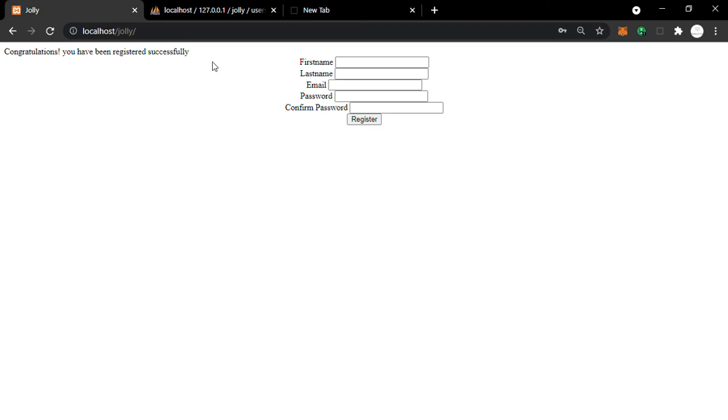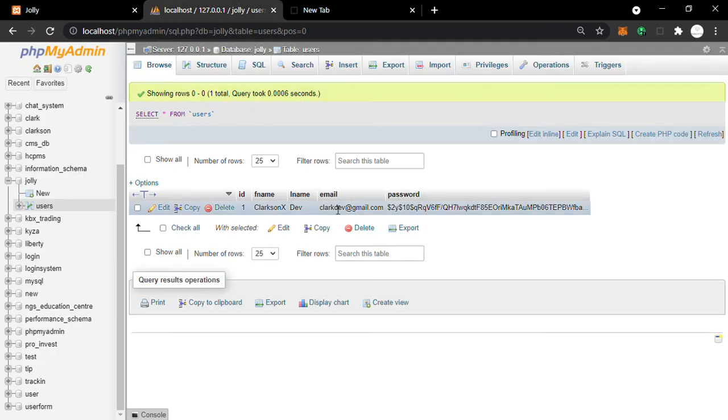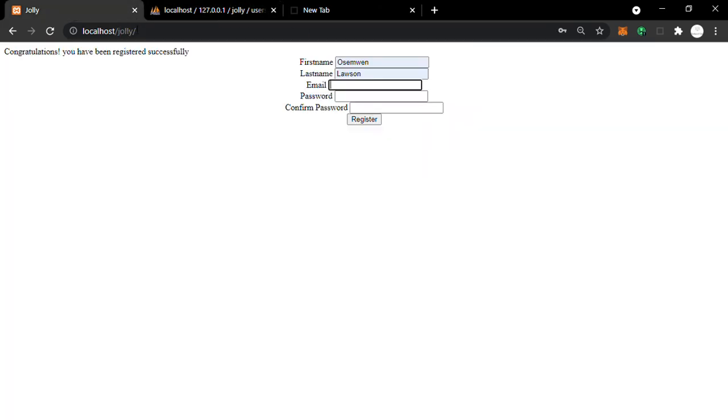Now our application is working perfectly. It sends the data to the database. Now what happens when I try to register that same person again, as per what we did in the last video? We handled the exception or error handling, so that it will not allow that user to register twice. Now let's see, what was the email I used? ClarkDev. Let me use that same email